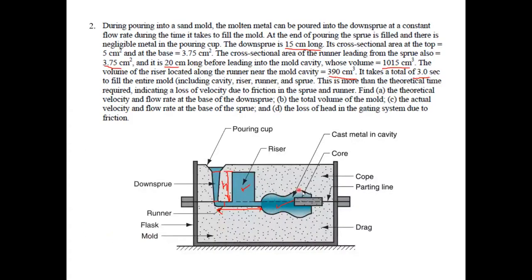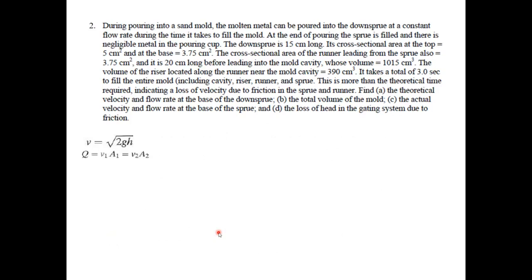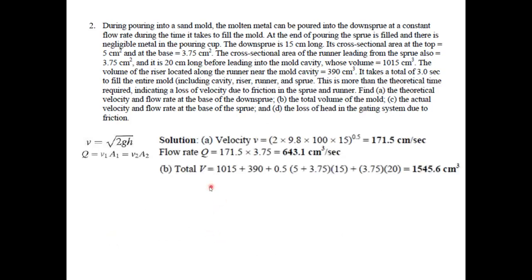the dimensions are given. If I go back to the previous slide, the volume of the cavity, or the part, is given, the volume of the riser is given, length and cross-sectional area of the runner is given, height and the cross-sectional area of the top and bottom of the sprue is also given, which has a conical shape. So it will not be difficult for us to put all these figures together and compute the total volume of the mold, which includes the volume of the cavity, the riser, the down sprue, and also the runner, which